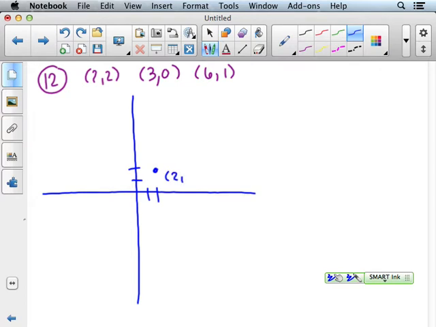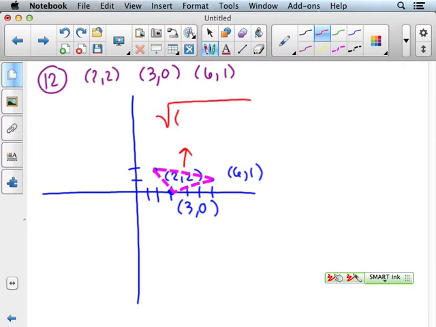So here's 2, 2. Here's 3, 0. And here's 1, 2, 3, 4, 5, 6, 1. I'm going to connect these. And it looks kind of like a right triangle. Maybe it's obtuse. I'm pretty sure it's not acute, but I need to check anyways. So here,